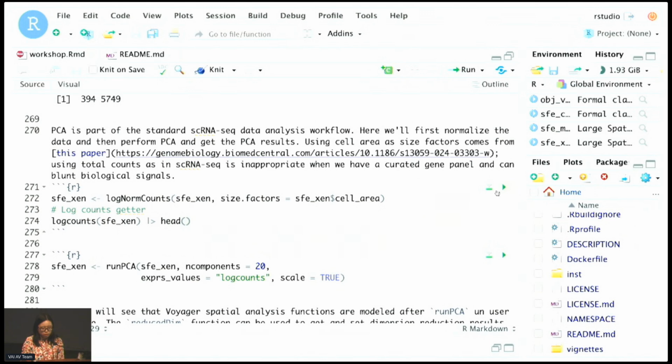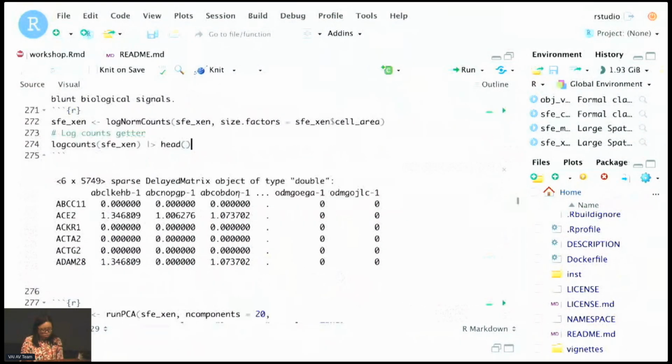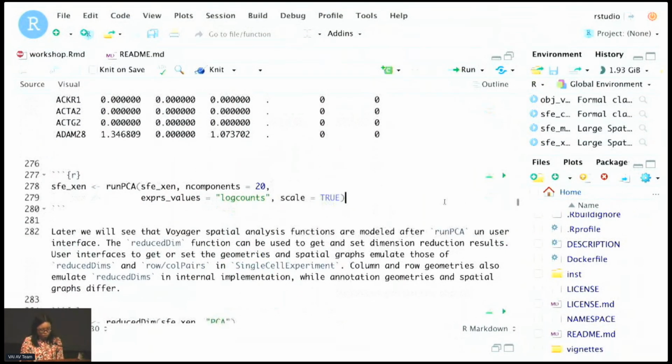It's not spatial yet. I do the data normalization, and after the log normalization, the logcounts getter from SCE can be used to retrieve or set the log normalized count matrix. Then we can use runPCA from scater and from BiocSingular. It's already part of the SCE ecosystem.